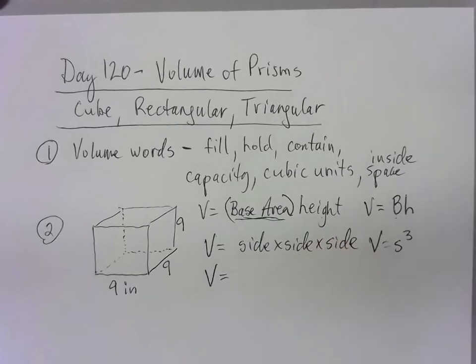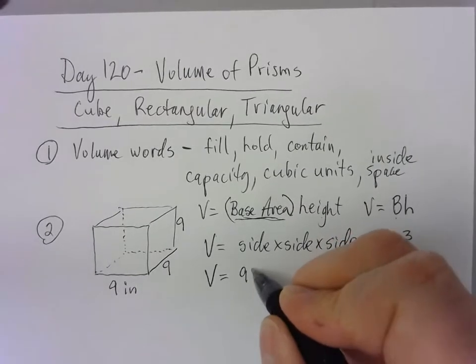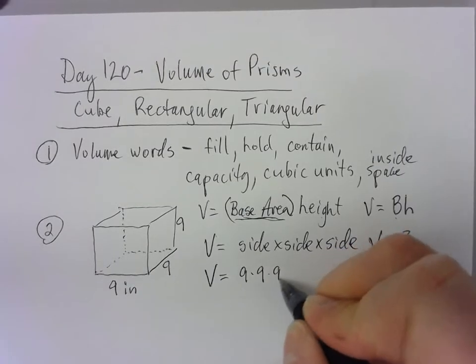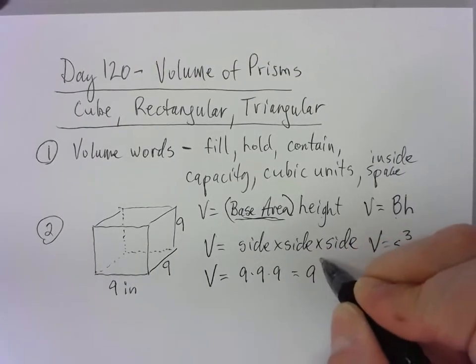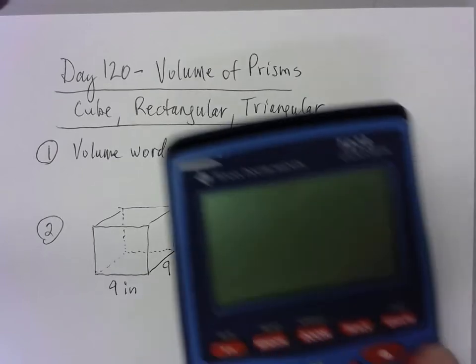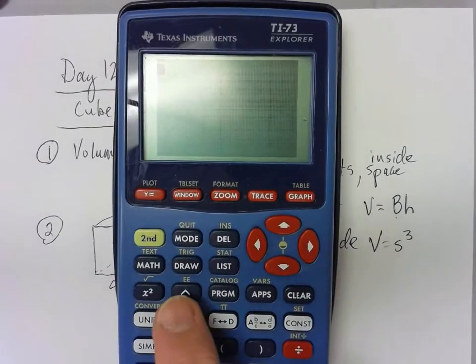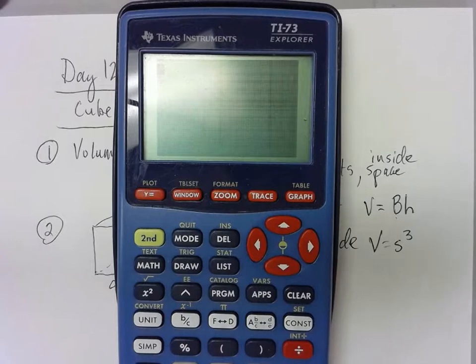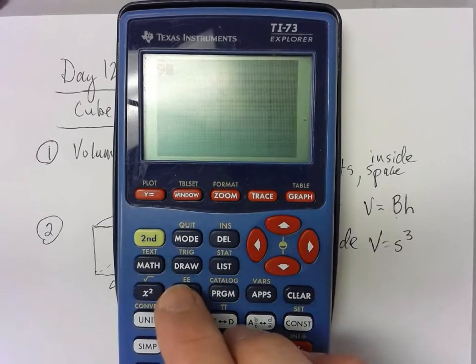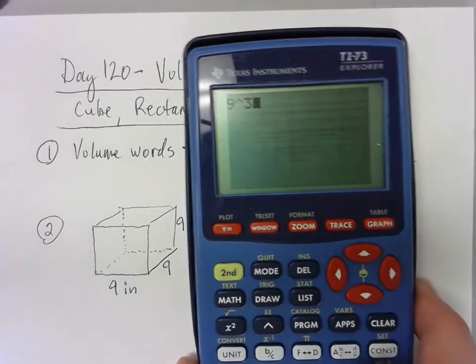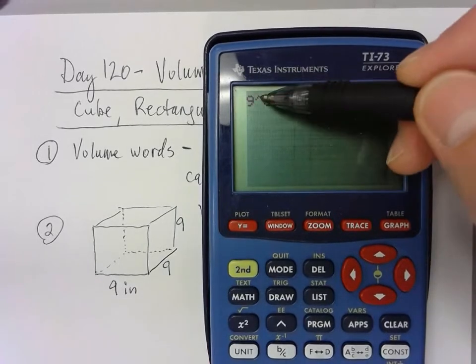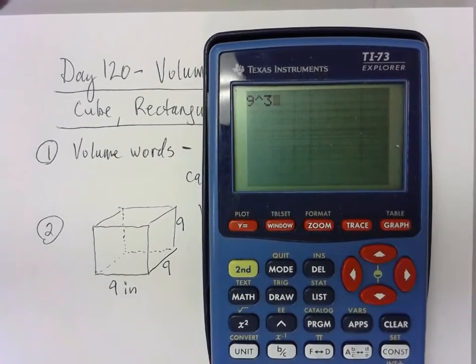So if you don't have a calculator with an exponent button, you're going to be doing 9 times 9 times 9, or if you want to write it with the exponent, of course that would be 9 to the 3rd power. So of course on our little friend here, the blue TI-73, it's got this little up arrow that's right there above the B/C button. Now if you don't have a blue calculator at home and you can't look one up online, you may just have to do 9 times 9 times 9. But on here I'm going to do 9, and I'm going to raise that to the 3rd power. So if I slide it over, you might be able to see it better. So 9, and then I'm raising that up to the 3rd power. And of course that would give me